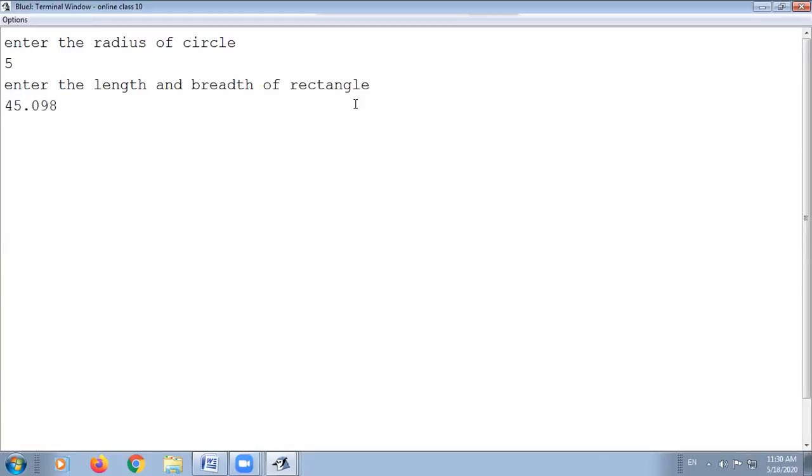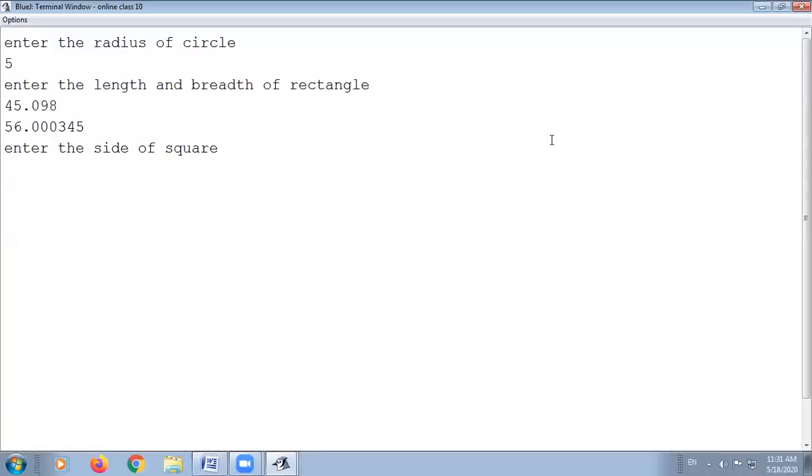So I have written 45.098. Okay, now next is beta. If the time runs out because I'm getting the message, rejoin it again, because I have to explain so many things in this program. Okay, after running the program, rejoin this session again. Enter the length and breadth of the rectangle because it has double value, and I have to give 56.000345. Suppose this type of value I've given.